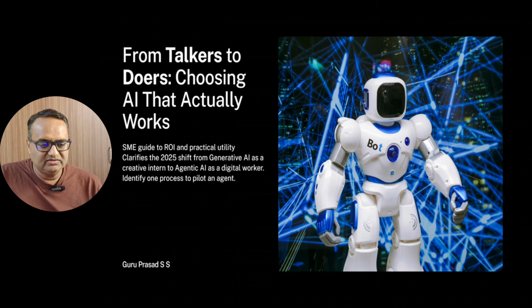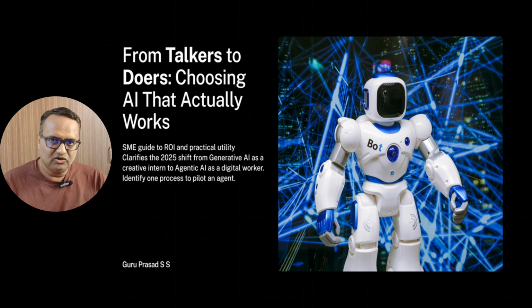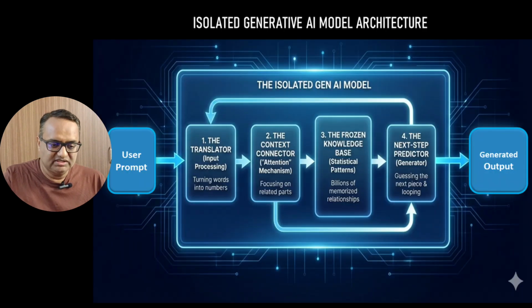So what we are talking about is talkers to doers. Basically, we are shifting from generative AI as a creative intern to a digital worker who actually goes and works. But before shifting, let's understand how Gen AI actually works. We are talking about how to upgrade from Gen AI to agentic AI in businesses or corporates. It contains 4 processes: the translator, the context connector, the frozen knowledge base,